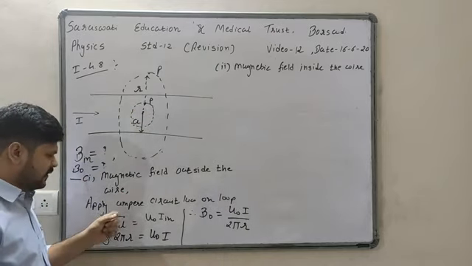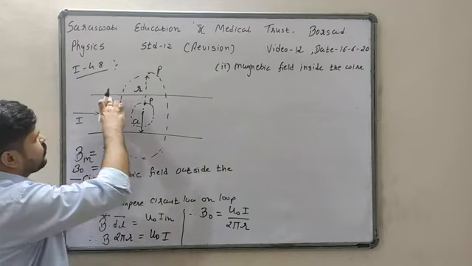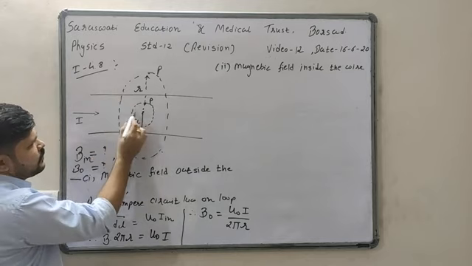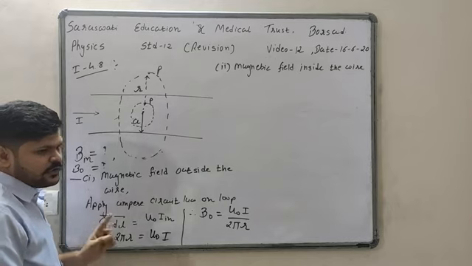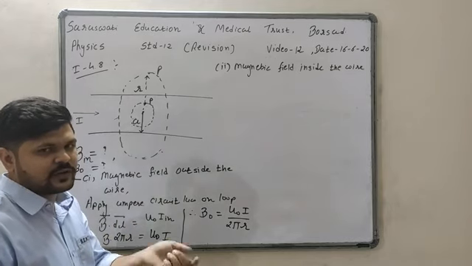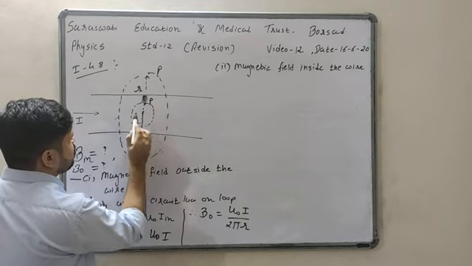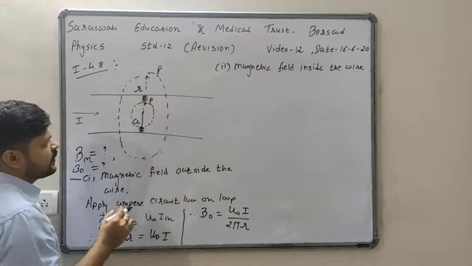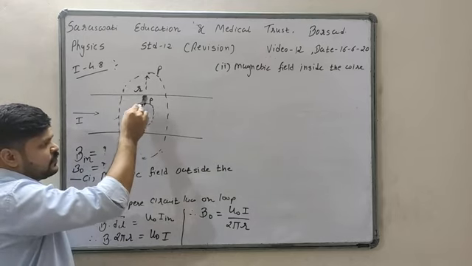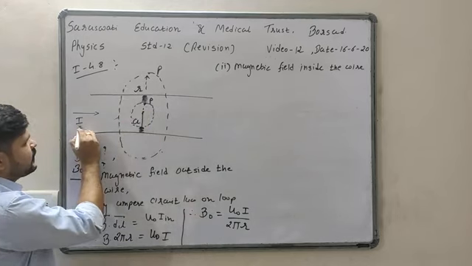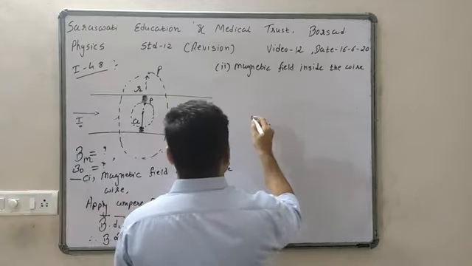And now, same as before, we will apply Ampere circuital law. But now see, from the whole wire current I is flowing, but through this loop, current will not flow the same as I. Now the current will reduce. See, this cross section is left, and through this cross section also current will flow. So through this cross section, not current I, some reduced current will flow. So first of all, find out that current.